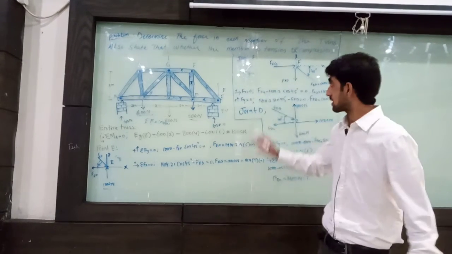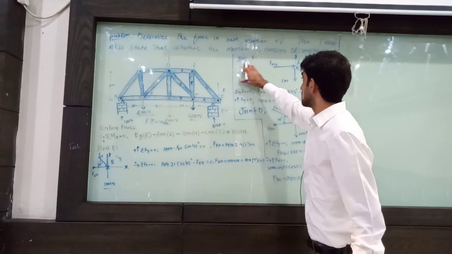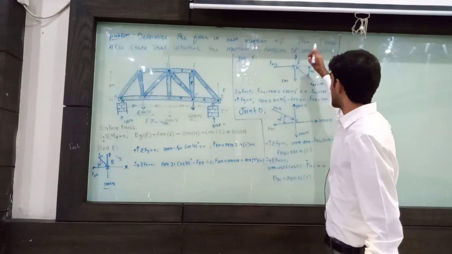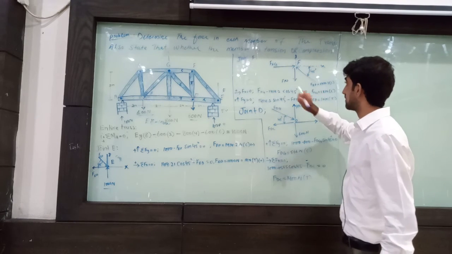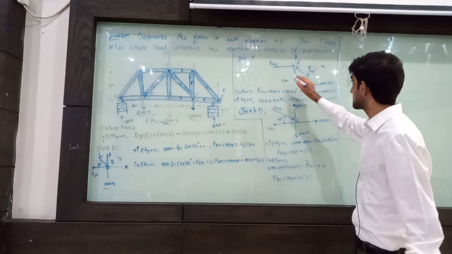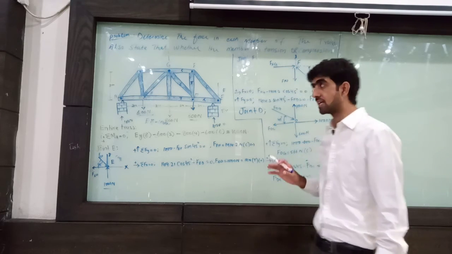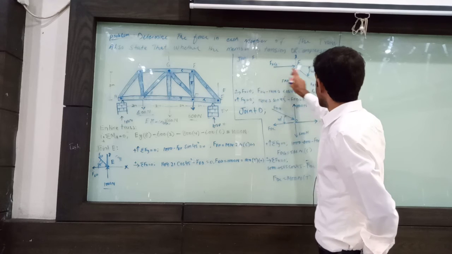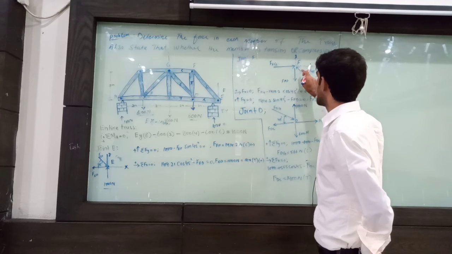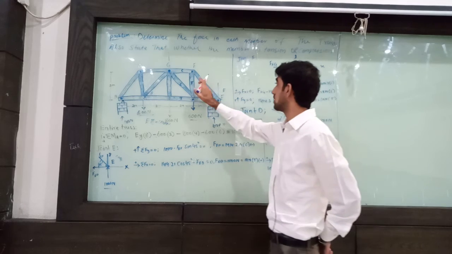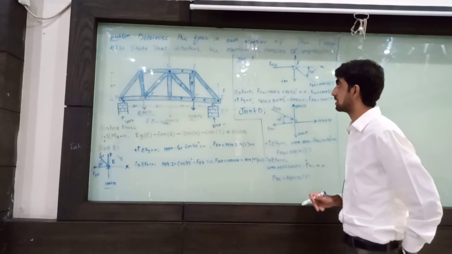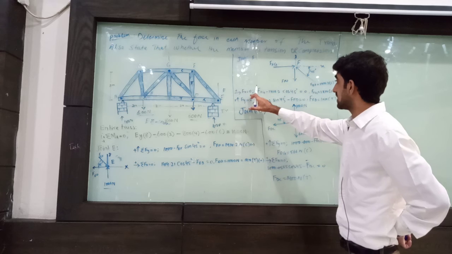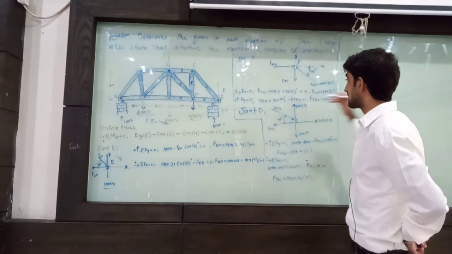So first of all, we draw the free body diagram. Free body diagram means that this joint can be selected, and there we draw the free body diagram. We draw the coordinate, coordinate means x-axis and y-axis. Okay. So here how many members are attached? 1, 2, 3, 4, 3 members. 1, 2, 3 members are attached to this F joint. Okay. So first of all, summation of Fx means that horizontal force is 0.